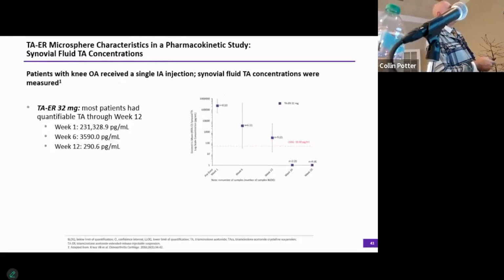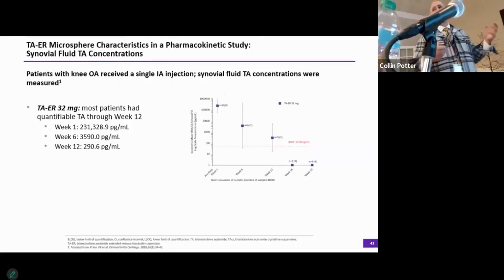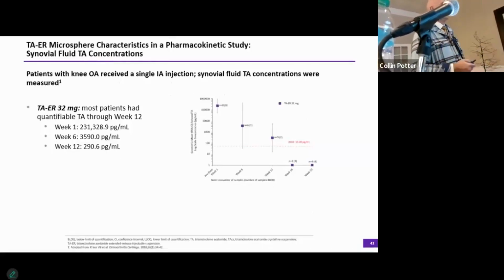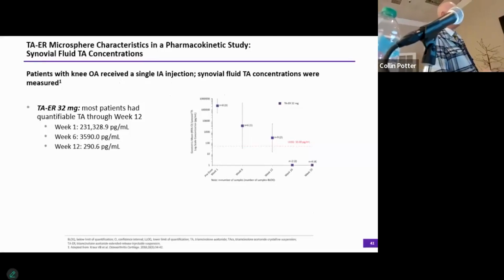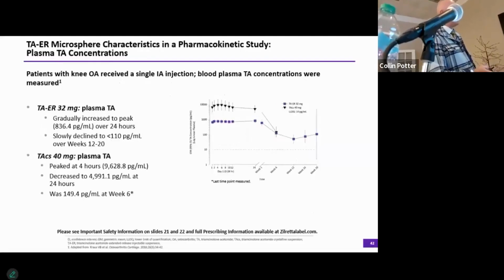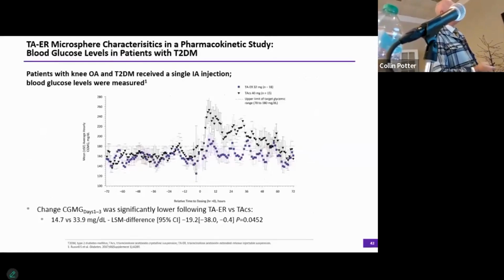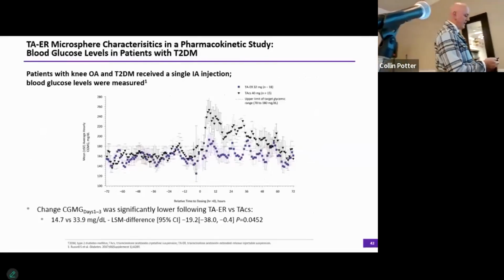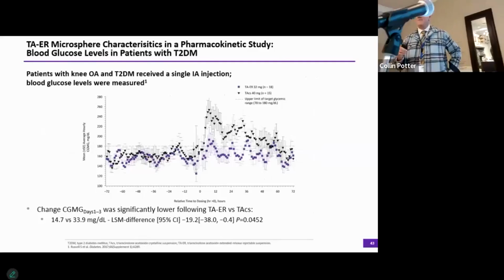And here they're just looking at the amount of drug that's quantifiable in the knee through week 12. So it still can be found in the knee, which is sort of a big deal. Plasma levels, right? And then something I think that's just as important, patients are always worried, especially diabetic patients, where